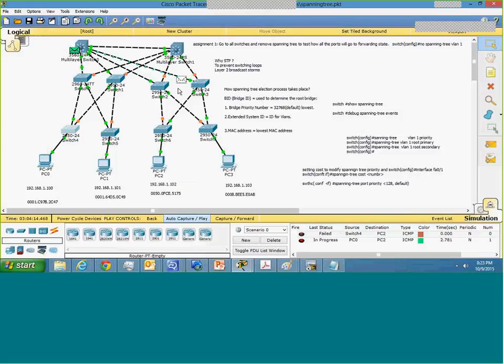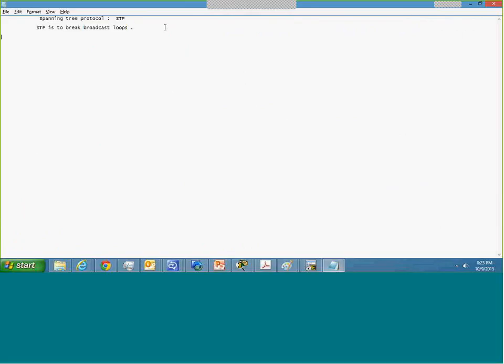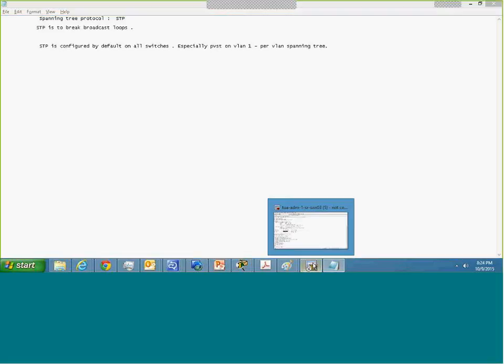Yes. My question is that. Okay, now I understood what you're saying. That when we configure STP on this network, it automatically takes the decision to enable which port and to disable which port, right? See, STP is configured by default on all switches, especially PVST on VLAN 1. When I say PVST, it is per VLAN spanning tree. Okay? So when you go to the switch,